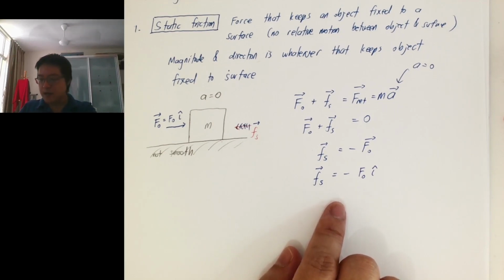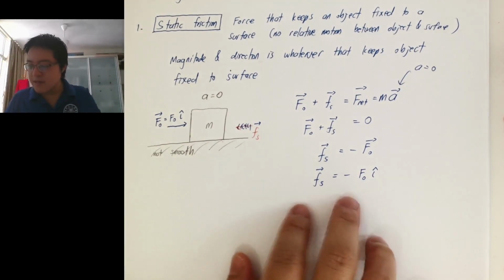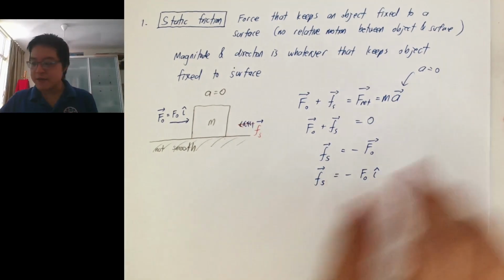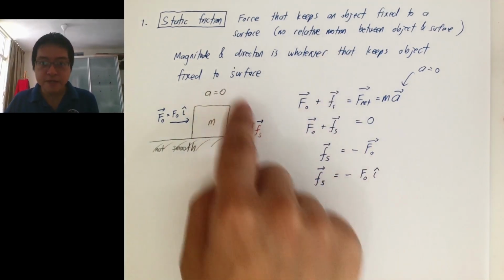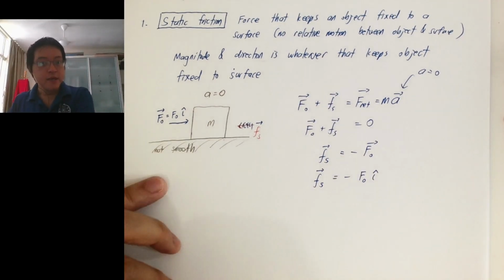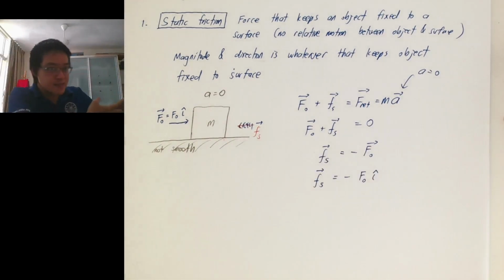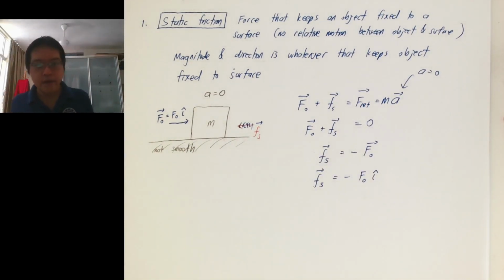Okay, so hopefully it's simple, but it's going to get very complicated soon. Okay, so if everyone is okay with this, then it's fine, right? So this is where the magnitude and direction is whatever keeps the object fixed to the surface. If I push it to the right, my friction force is left. If I push it the other direction, the friction force is the other direction. Okay, and then right,